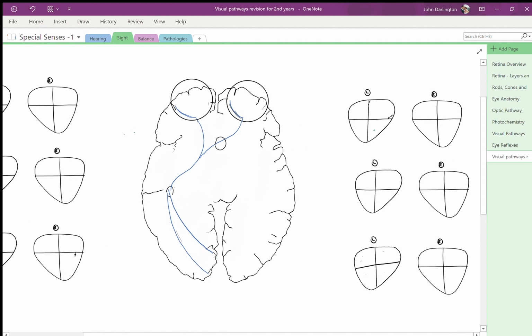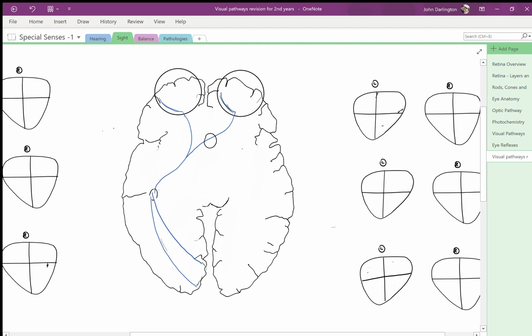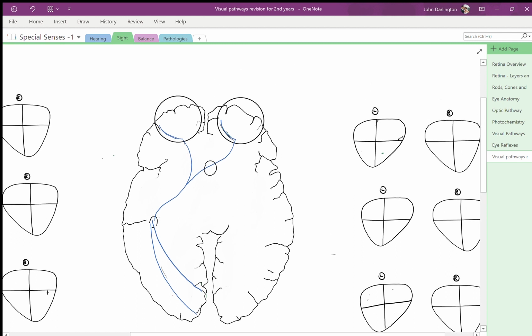So here we are, we've got the brain in front of us, and we're looking down on it from this angle. I've drawn it so we're looking down on it, and we've got our eyeballs here at the front, okay? And this blue line is representing all of your left visual pathways, okay? And what's important to understand is that these blue lines are representing your right-sided vision, okay? So this is your right side,